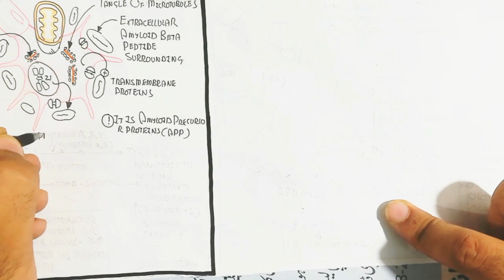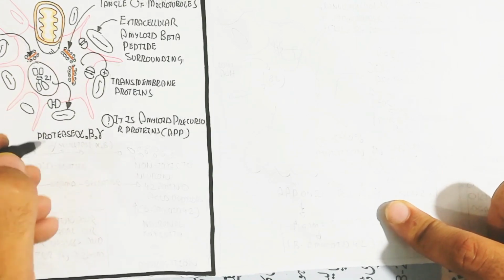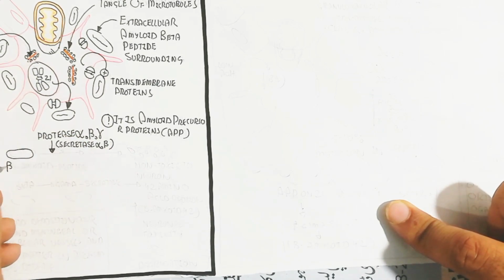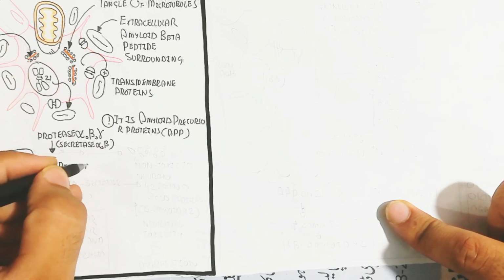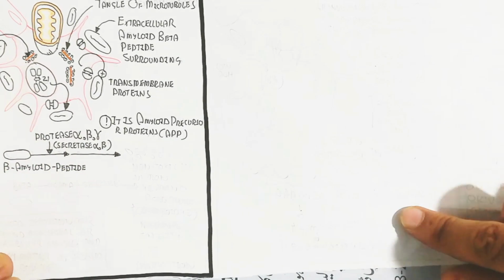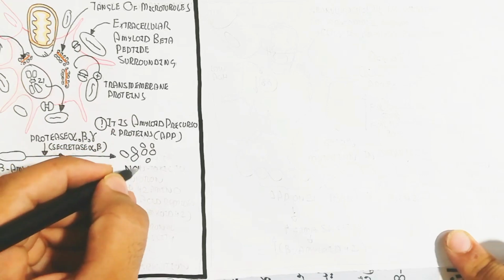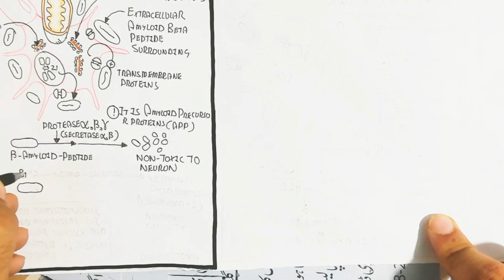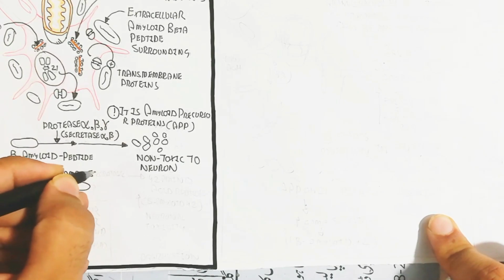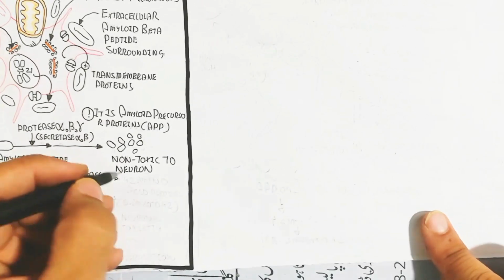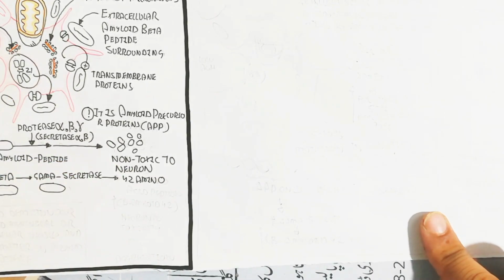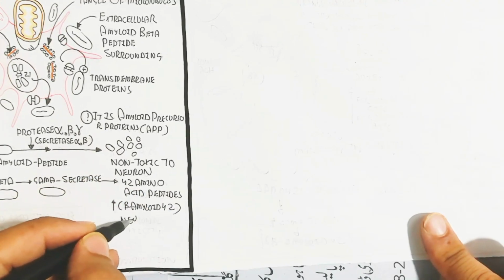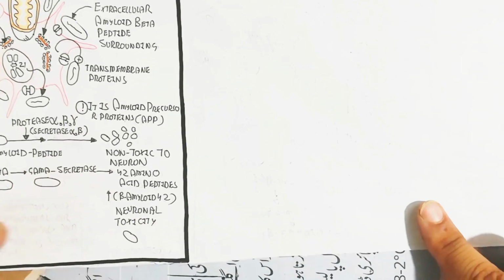The beta amyloid peptide should be non-toxic to the neuron. The proteases are alpha, beta, and gamma secretase. Alpha and beta secretase are mostly non-toxic to the neuron, but when beta is followed by gamma, it is different. When gamma secretase is involved, due to overproduction from chromosome 21, gamma secretase produces a 42 amino acid peptide, which leads to an increase in beta amyloid 42.